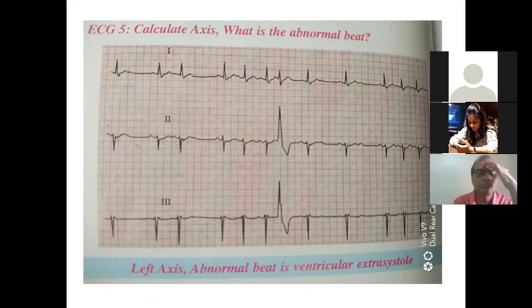Left ventricular extrasystole. What does extrasystole mean? Extra contractions or extra beats. They can come from the atrium or from the ventricle. When it is from the atrium, how do you know whether it is an atrial ectopic?